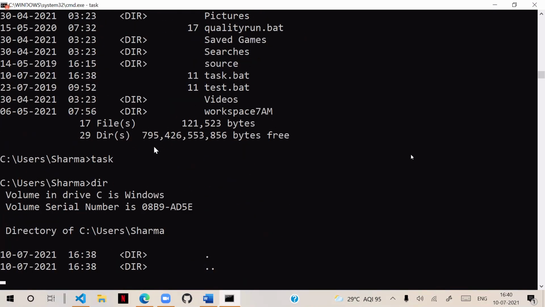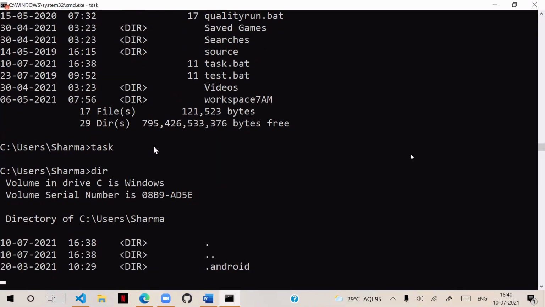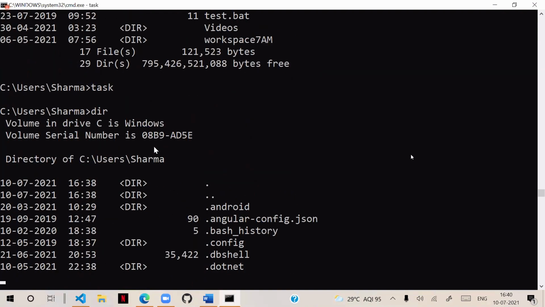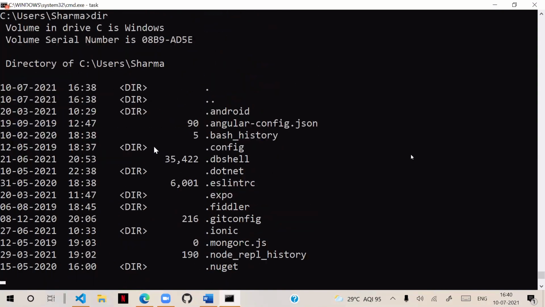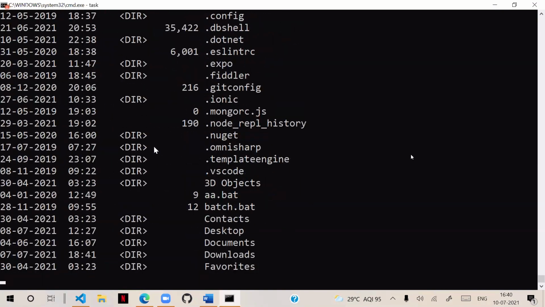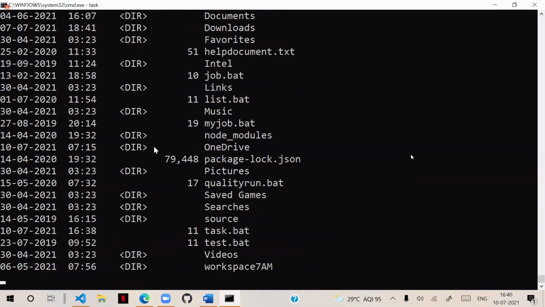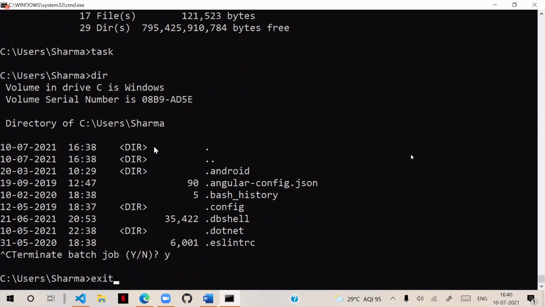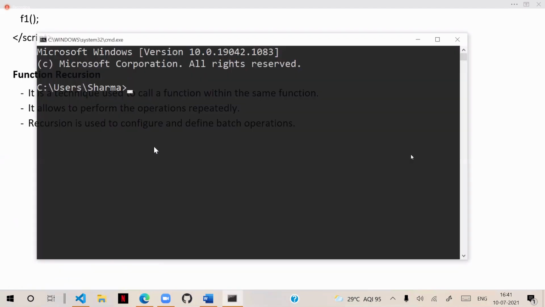These jobs are called batch jobs. Why do you need such batch jobs? We need such batch jobs to perform automatic tasks, to perform load testing, to test the load and the performance. We need to create such jobs actually. So for example, you have to check whether the internet connection is working or not. Then you open the command prompt.